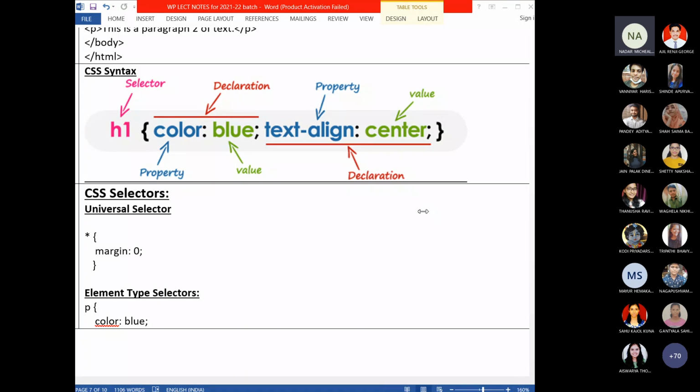Ma'am, if we are using a paragraph tag, then inside the paragraph tag we write that. Can we write the style definition directly inside the paragraph tag, or do we need any other tag or attribute? Style attribute, ma'am. That is very important. The moment I say inline, you have to remember the style attribute.